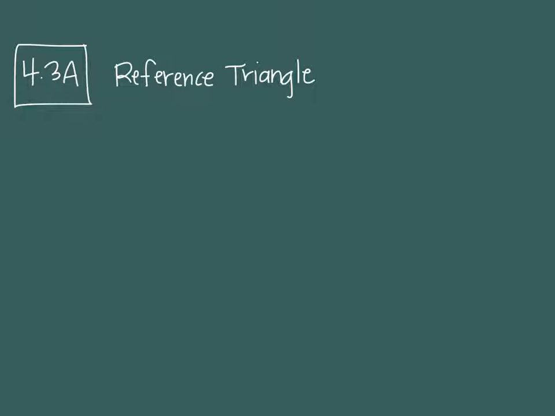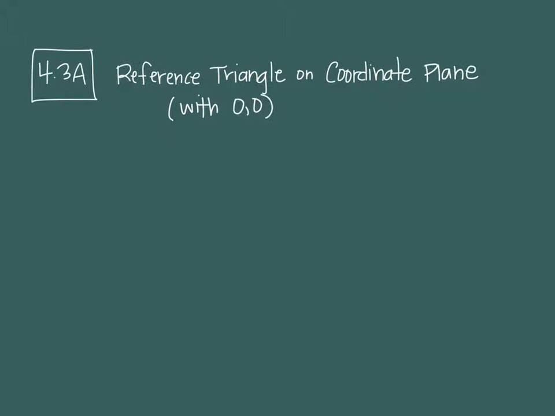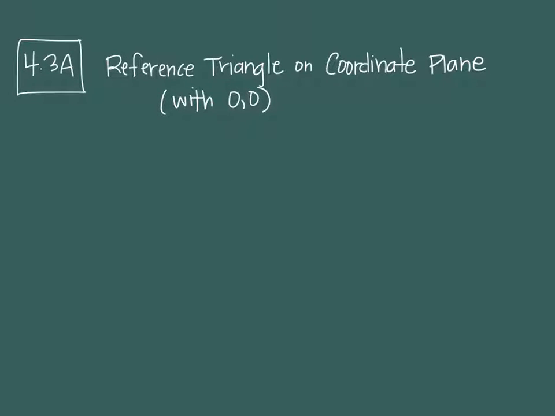In trig, a reference triangle is something that is drawn on a coordinate plane. In other words, it's drawn with 0, 0. Okay, drawn on the coordinate plane. So that means with 0, 0. So if you're ever asked to construct or draw a reference triangle, you know that you've got to draw a